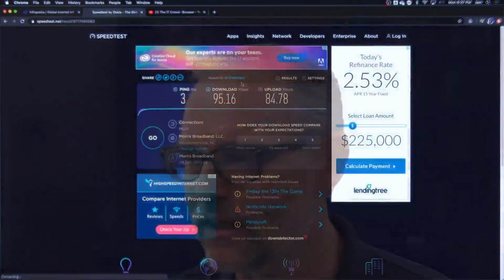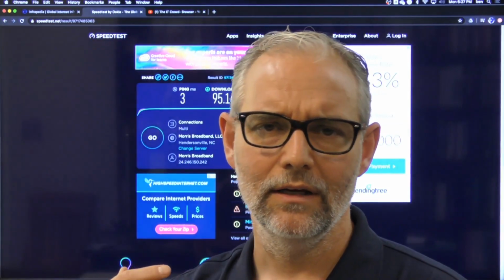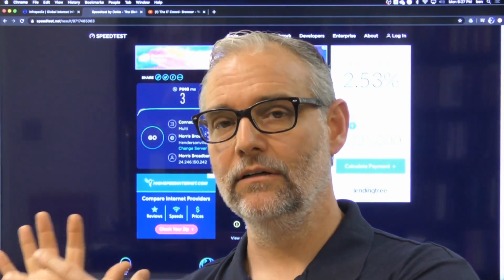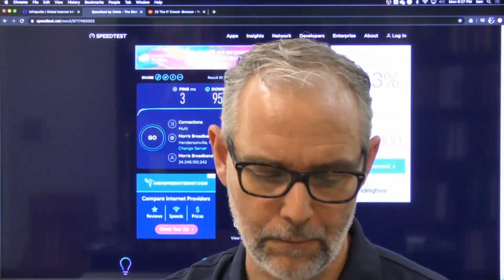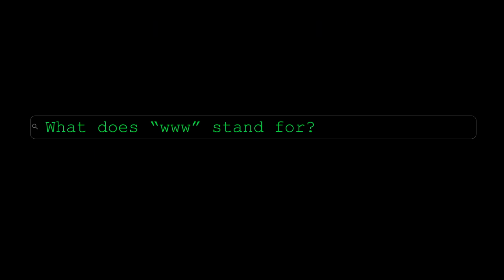But the other thing to know is that you've got a download speed and you've got an upload speed. And in most cases, unless you're paying for upload speeds, normally your upload is much lower than your download speeds. They do that to try to curb people from running servers and eating up a lot of bandwidth by running servers and stuff at their home. Okay? So that is the speed test, and that's a great way for you to test your internet speeds.